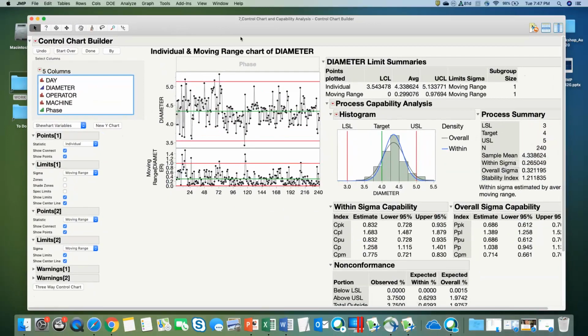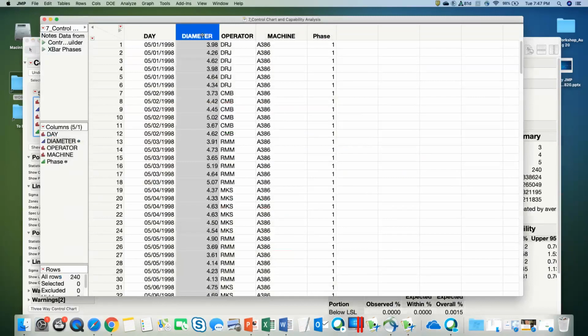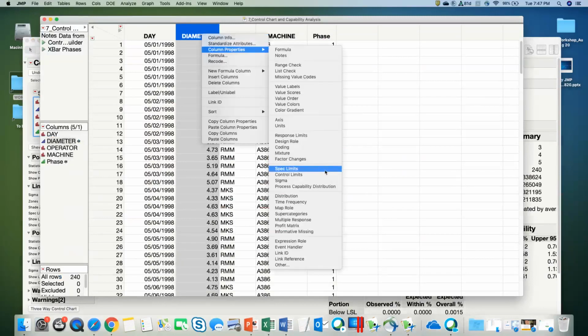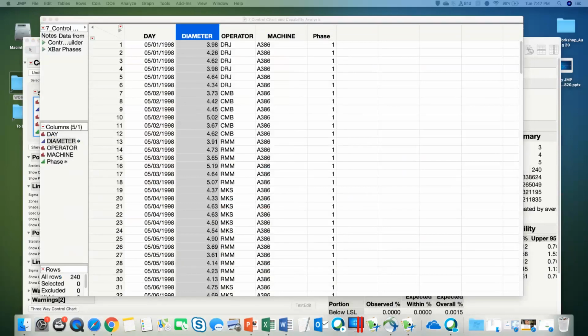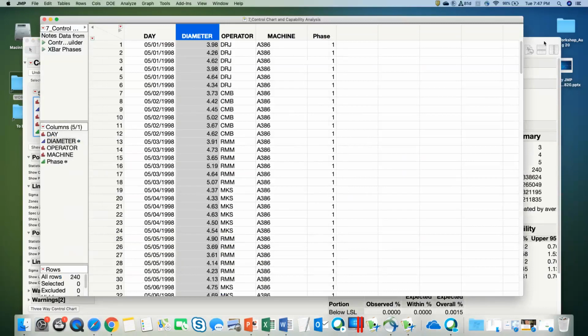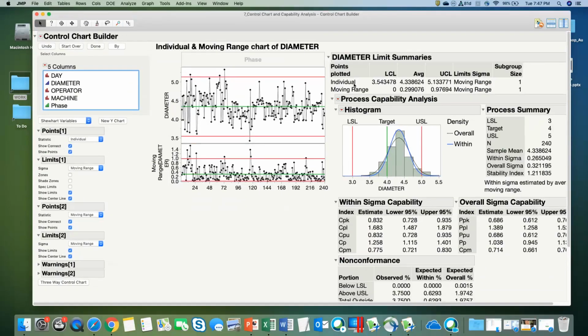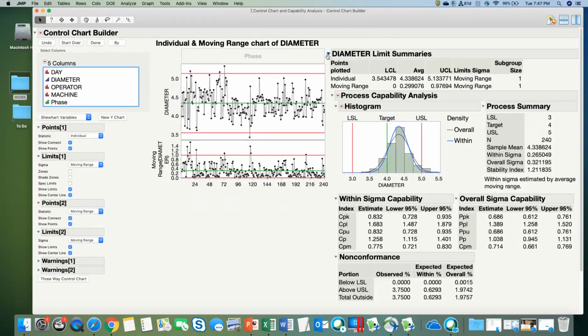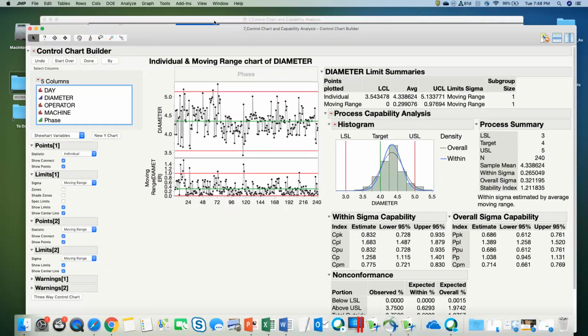If I didn't have, let me show you what that is. So inside of this column, I basically have a set of spec limits defined. So if you have spec limits attached to a variable, if you do a control chart, then the capability analysis comes along automatically. If I didn't have those there, then we wouldn't see that at all. So in this case, we saw it. Okay. Now, this is doing an individual moving range chart, but if you go back to the data, you say,